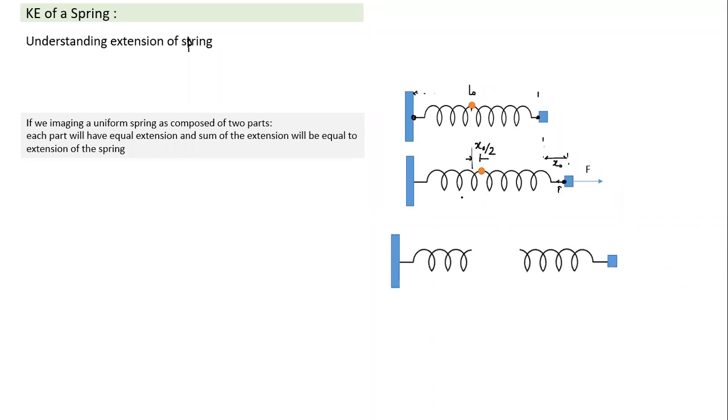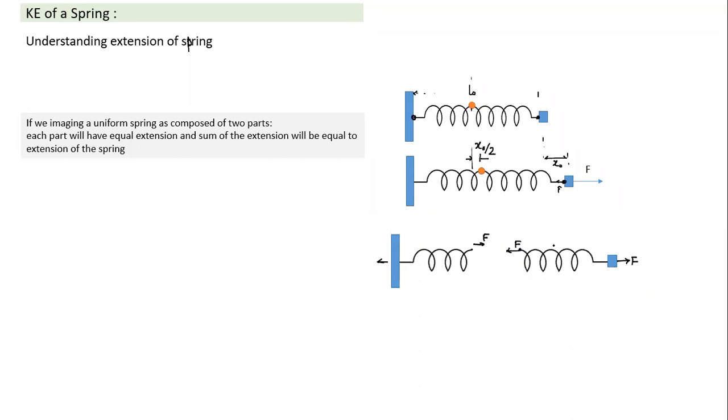Let's understand why it is so. Even though we can always visualize the spring as two halves, I'm taking the left half of the spring separate and the right half of the spring separate. On the right hand side of the spring, this force F is acting. It is in a state of equilibrium. It means here also the contact force has to be equal to F. And here also the force was F, so both springs have the same force F.